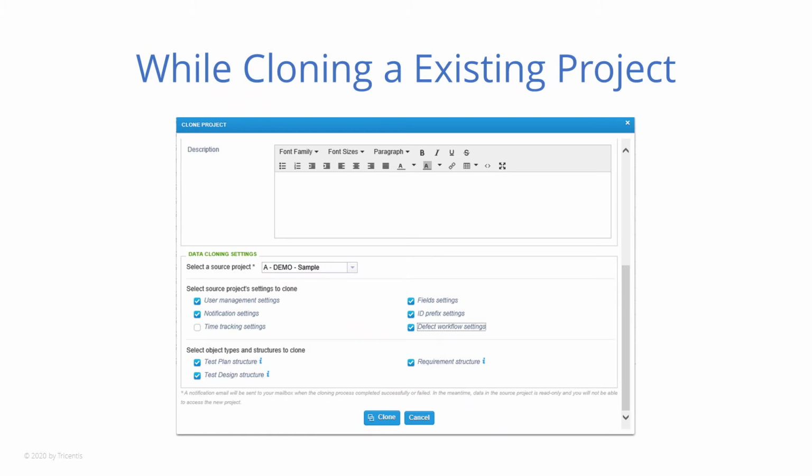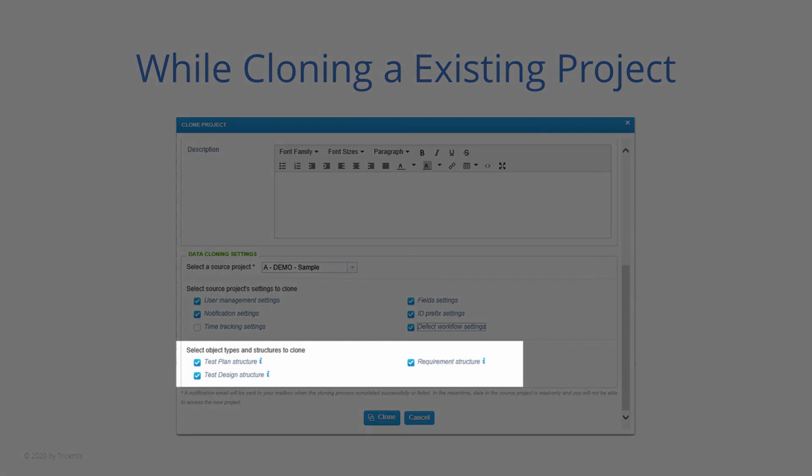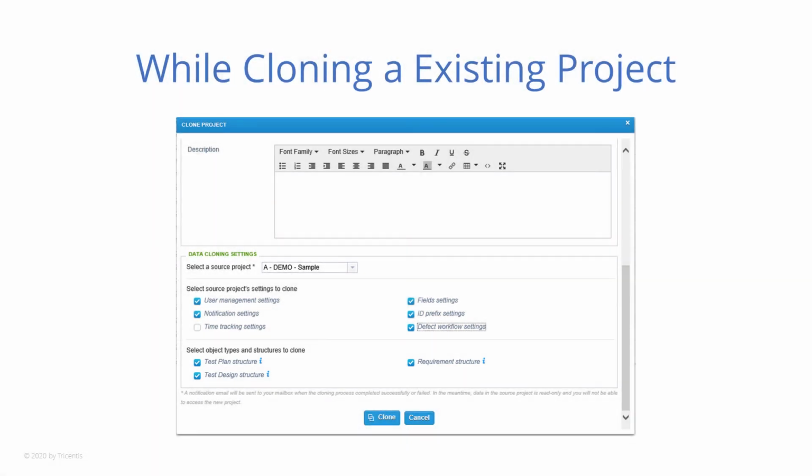Cloning a project is similar to creating a new project, but the project created will then inherit certain already defined properties from the already existing project. These settings are customizable so you can choose the level of similarity which you want to clone. Cloning also allows you to inherit all project values from one source project. This could include things like user management and notification settings, and also the structure of the test design and test plan. This makes recreating projects a breeze without a labor intensive overhead.